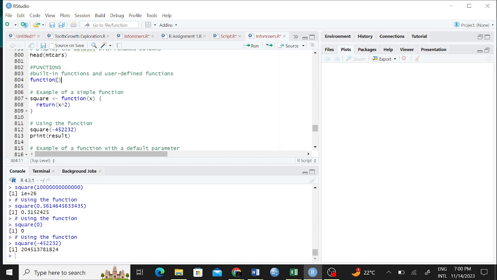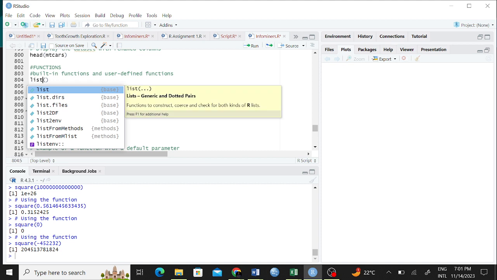You have to use function so that R will understand that whatever we are saving here, whatever we are giving a name here, is a function, right? It's similar to, let me think of an example, a list. For you to declare a list, you have to use list, and R will know that thing is a list.